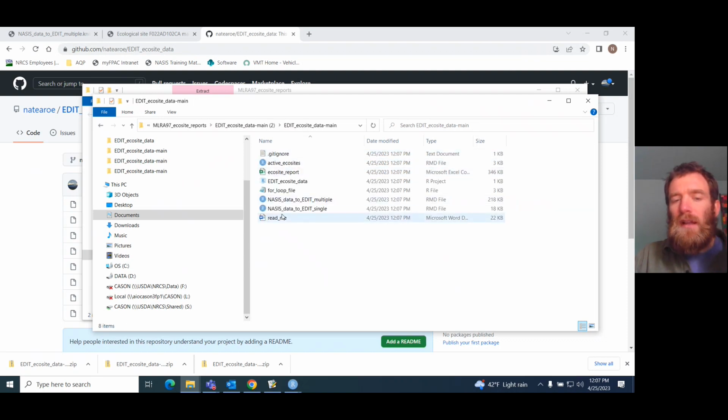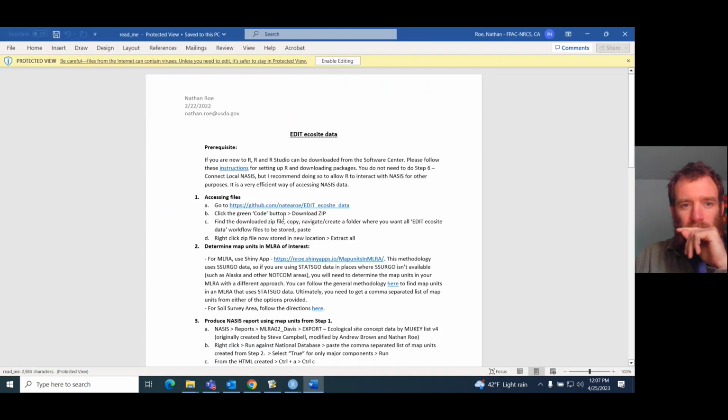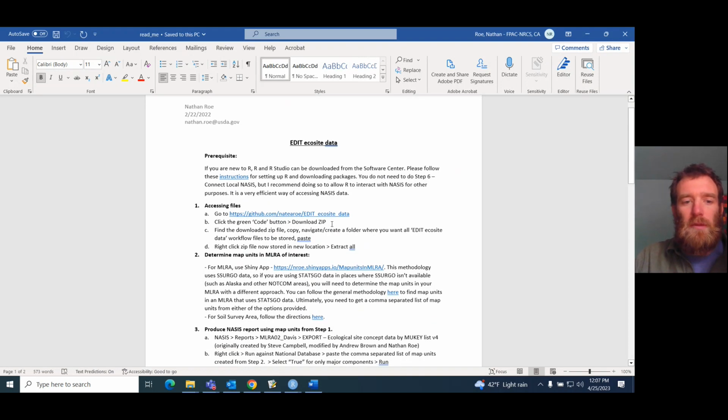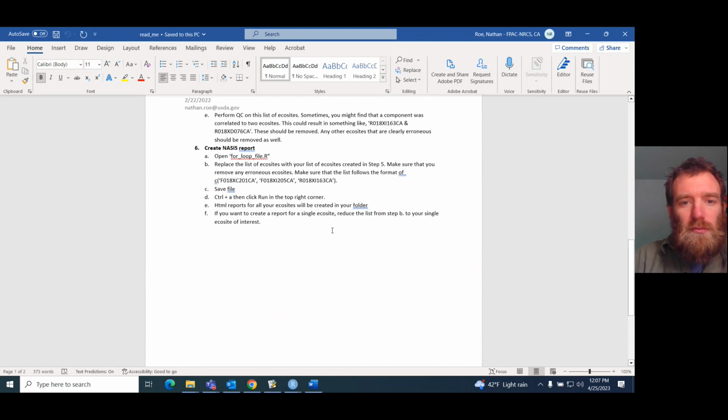file. Now let's go to the README. This has all the instructions. Okay, so this is step by step what you need to do to run this report. I'm going to go through it in video form for those of you that's more helpful for. But you can also go through this Word document and have step-by-step instructions on exactly how to produce this